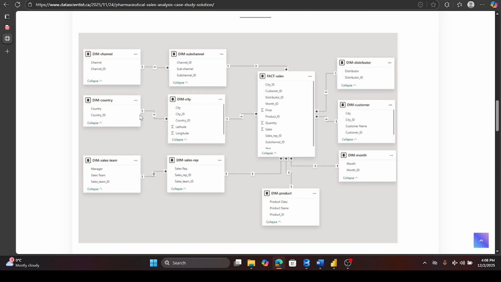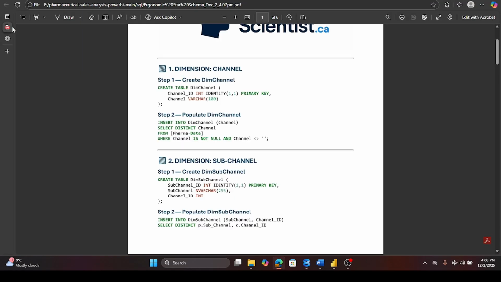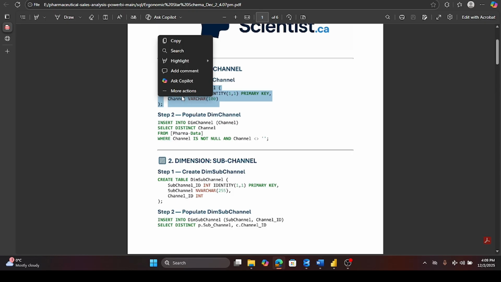You see in the channel, we have a channel and channel underscore ID, right? So if we go to the tutorial, what it will do is number one dimension is step one. We will create a dimension, dim dimension. So it will create table dim channel, right? Channel underscore ID, primary key, channel voucher, like this is the data type, and we'll simply copy this